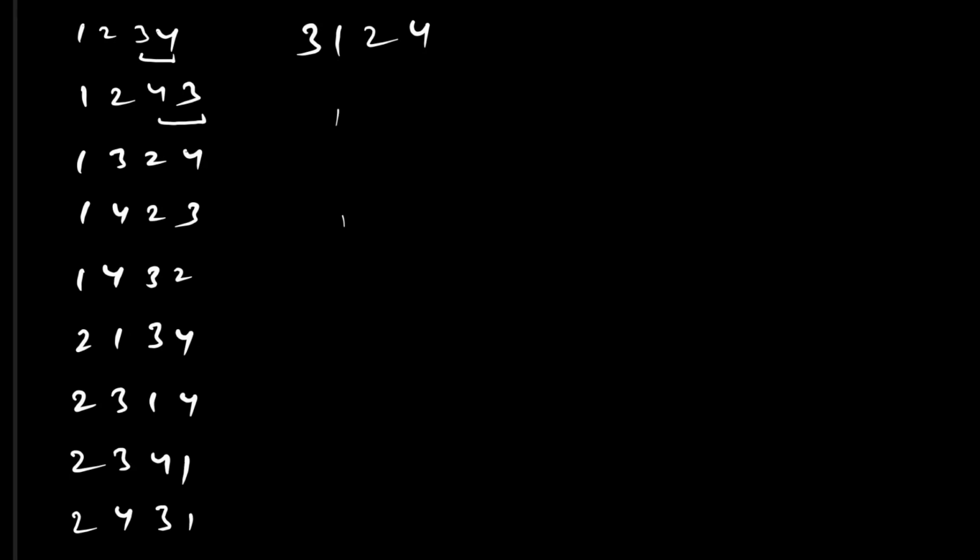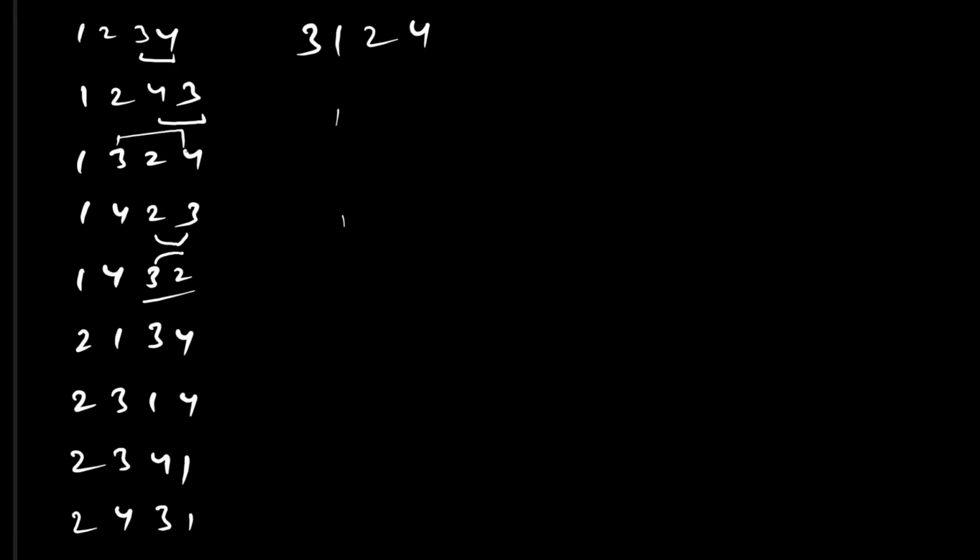In this case, what we saw is that for 1 2 3 4 to 1 2 4 3, we swapped 3 and 4, and we got this permutation. In the next case, we can see that we swapped 2 and 3 and we got this permutation. In the next case, we can see that we swapped